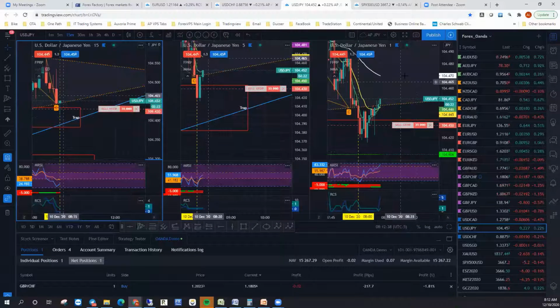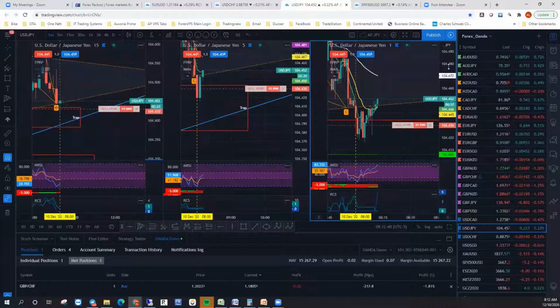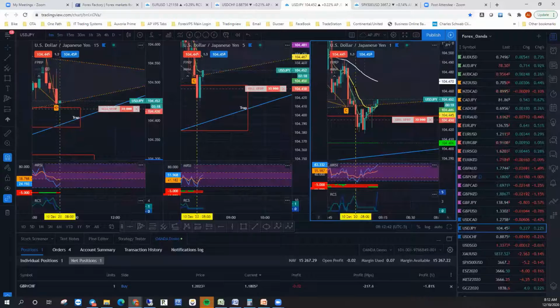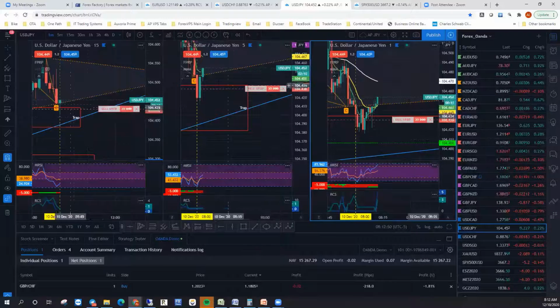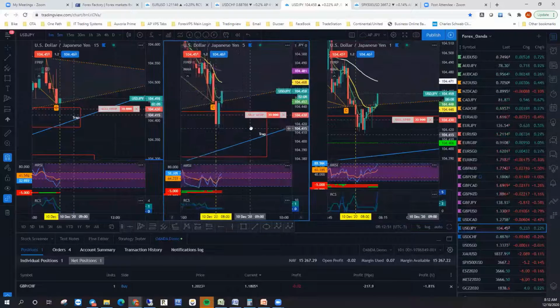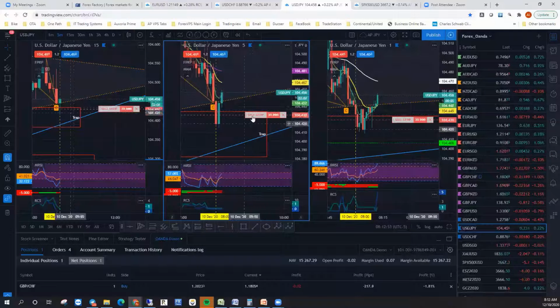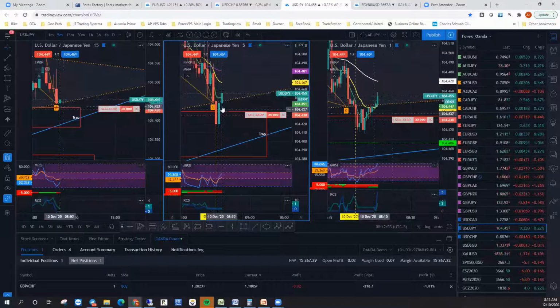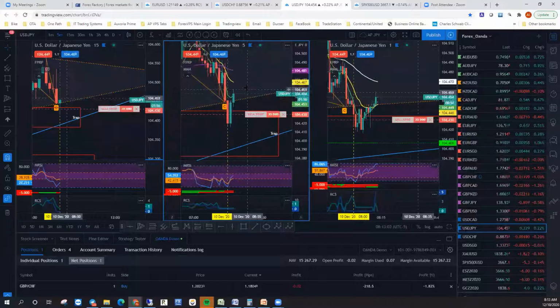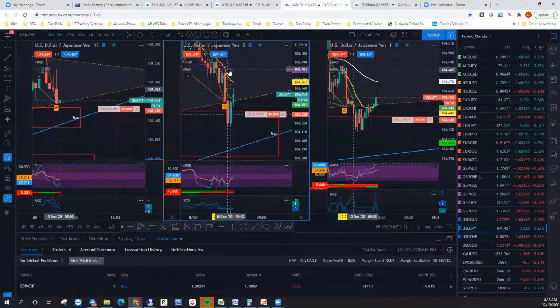We got a little bit of a pullback here, and we are looking for a bit of a sniper entry. As this thing comes back up into the wedge on the 5 minute as well, the nice thing is we're not in the trade yet. I want to see it come back out and close again outside the wedge. When the second close comes out, then I might want to take this trade. That means it found some sellers up here to try and refill.